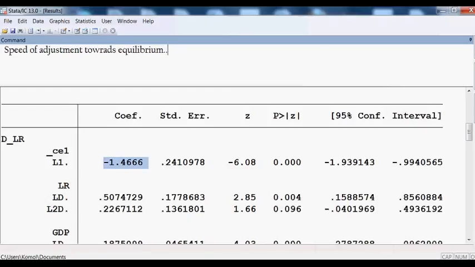So that is actually the error correction term. Error correction term,